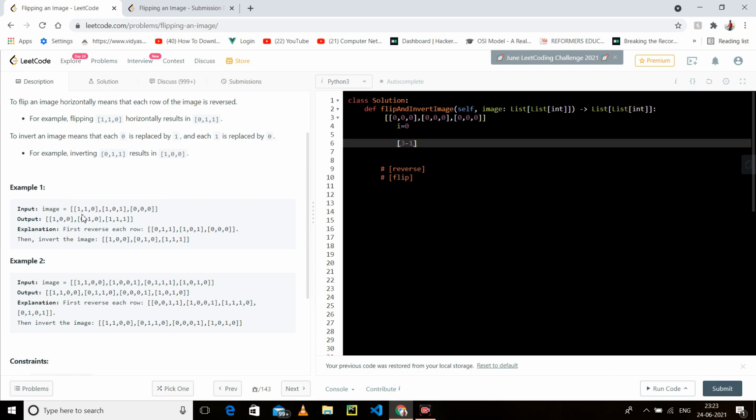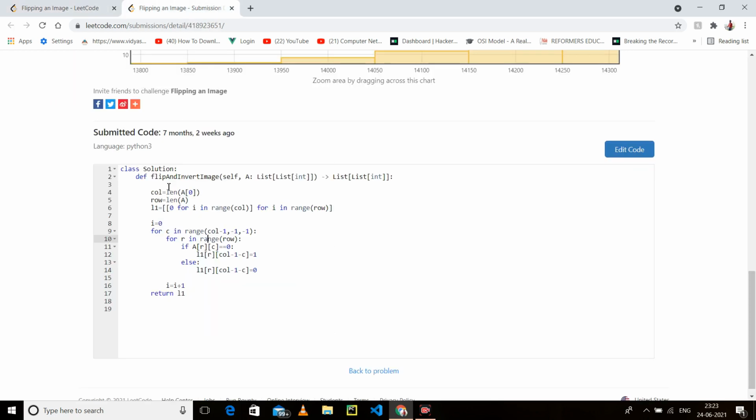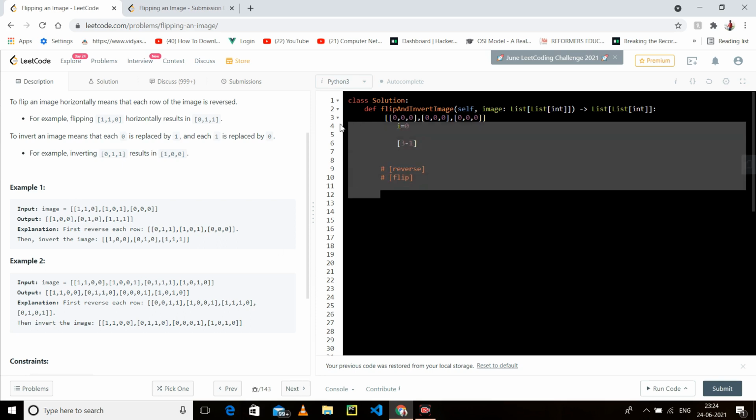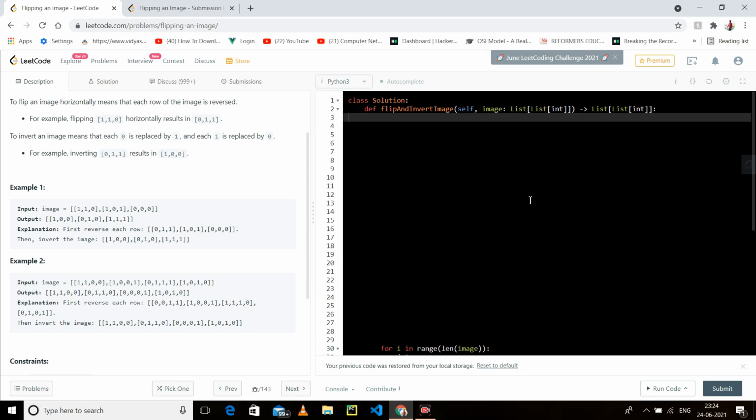Second approach, where you don't want to use extra space, you can do it using big O of 1 space. What is big O of n? You can just replace the thing in place, and whatever is at index 2 you replace at index 0, so you do not take any extra space. For that I have written a logic. Now I will show you what I have done here.